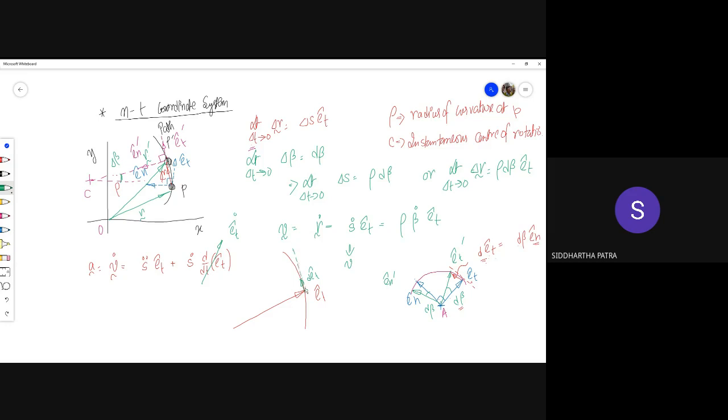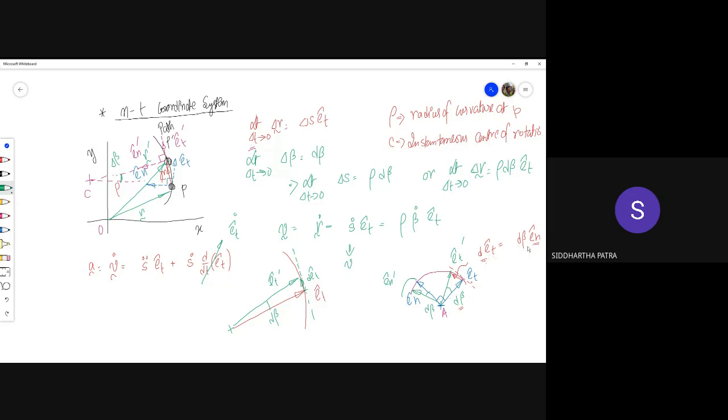If you take smaller and smaller d beta angle, let's say this much is et prime and this much is d beta. Now d beta tends to 0, which is to say that this quantity right here is going to be tangential to the circular arc. Now a tangent to a circular arc is normal to the radius, and in this case that radius is et. So what is normal to et? En is normal to et. Therefore this det is along en.